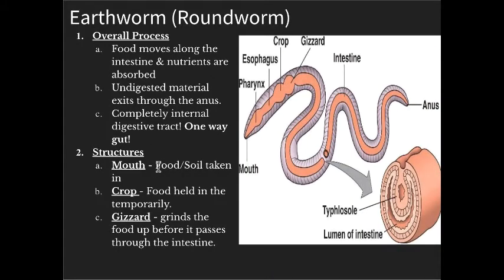The next model organism we'll look at are roundworms. Earthworm is a great example of that. These are more complex creatures than you might think, as you see them in the soil or in your garden or out on the sidewalk after a rainstorm, and you think, man, there's nothing special about them. But when you really focus, they have highly specialized structures in their digestive system. Their overall process really is this one-way gut path,